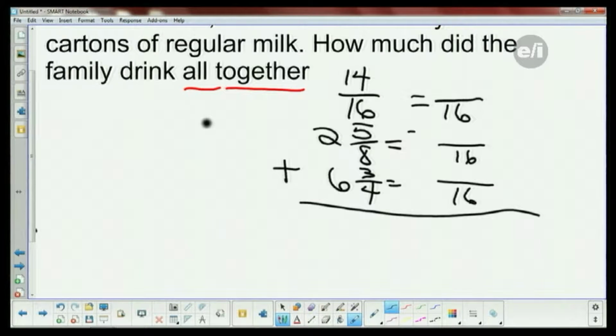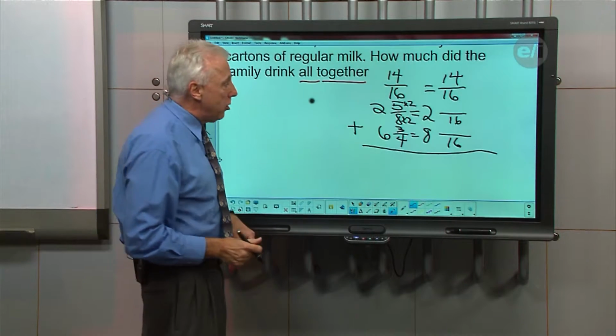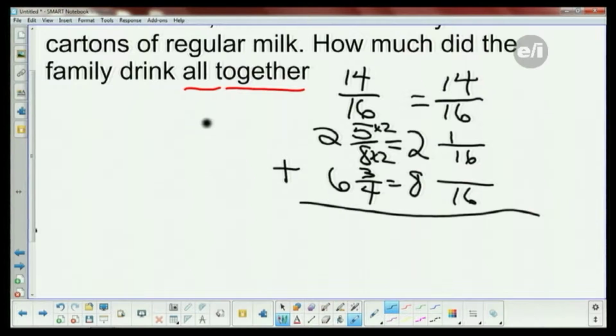Now, I'm going to make sure I bring over those whole numbers. I don't want to forget about them. We got to keep these fractions equivalent. Well, this 14/16 is not going to change. The denominator is already 16. What times 8 gives me 16? Well, 8 times 2 is 16. Therefore, to keep it equivalent, I got to multiply the numerator by the same thing. 5 times 2 is 10. 4 times what gives me 16? Well, 4 times 4. Same thing with the numerator, otherwise it's not equivalent anymore. So 3 times 4 is 12.